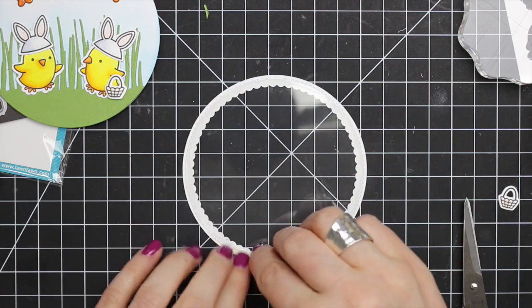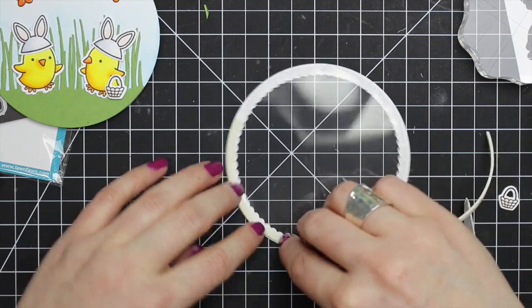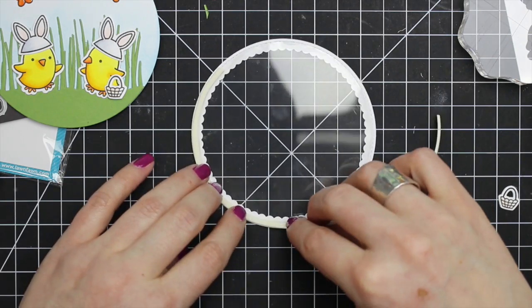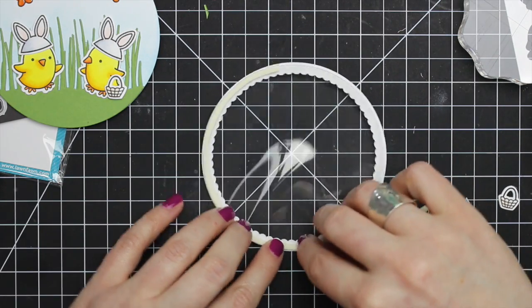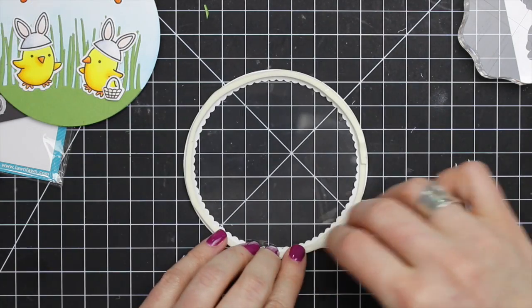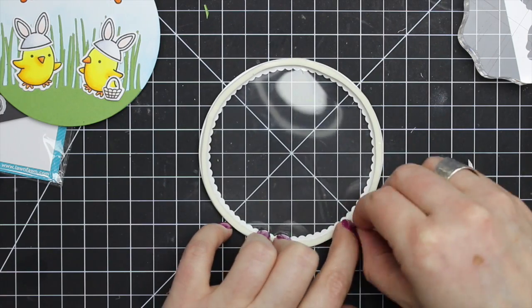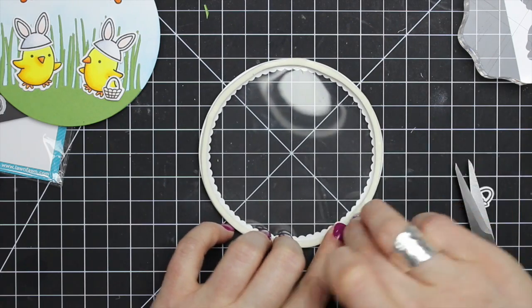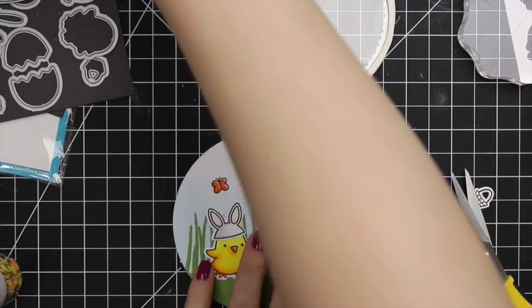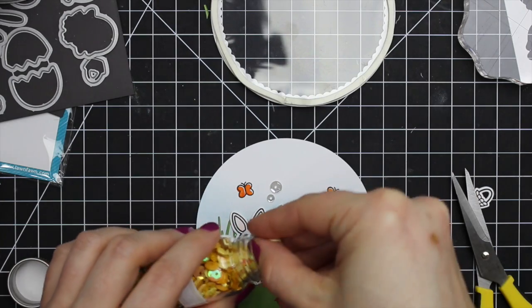But I took my Scotch foam tape, and I cut a thin strip of it, and then if you take the backing off, you're able to manipulate it around a circle like this, which is awesome, because I always used to avoid doing circle shaker cards for this very reason. It's such a pain to line up all the foam adhesive, make sure there's no gaps. It takes forever, and I was like, I don't have time for this. But this way, this literally took me a couple minutes. I did 2 layers,